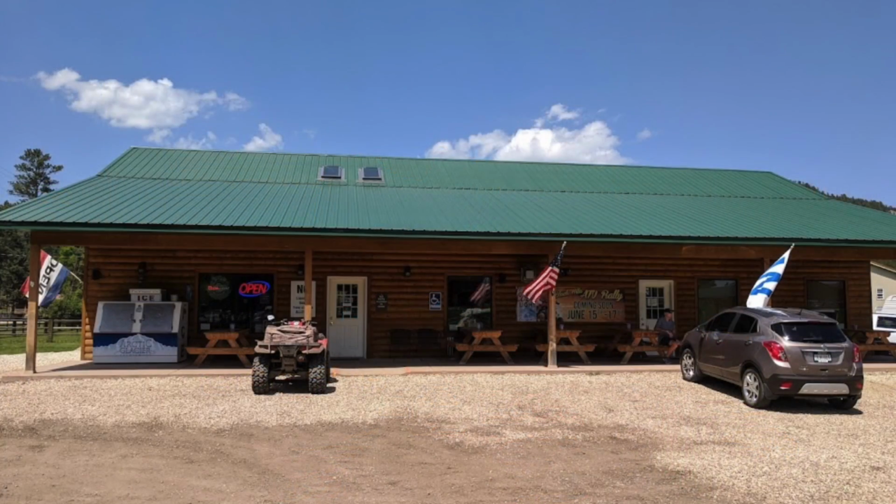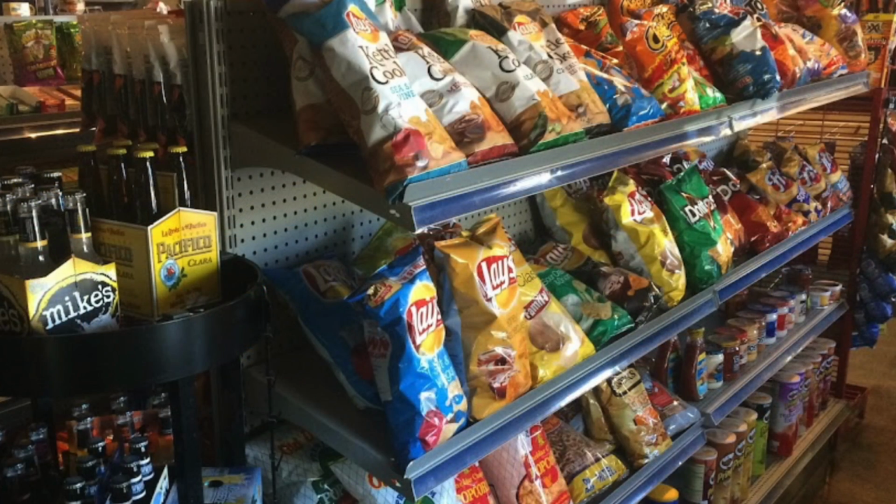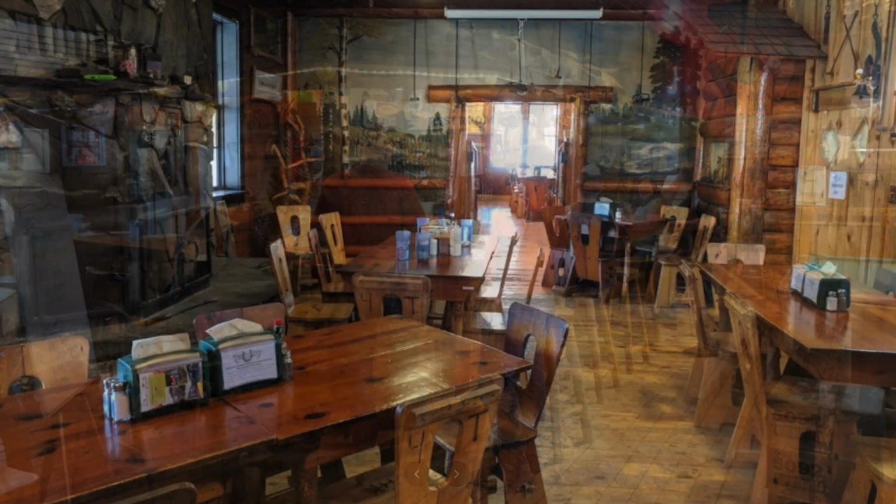So on this trip, I mentioned I'm going to be stopping twice. I'm going to stop in the town of Nemo, which is about half a mile off the trail. There's a convenience store there, and there is a restaurant that's going to be opening up just a few days before I get there. I'm going to double check on that. If so, I'm going to eat a real dinner at that restaurant, hop back on trail, have my dinner covered for that night. While I'm at that convenience store, I'm going to buy some snacks, some lunch, and